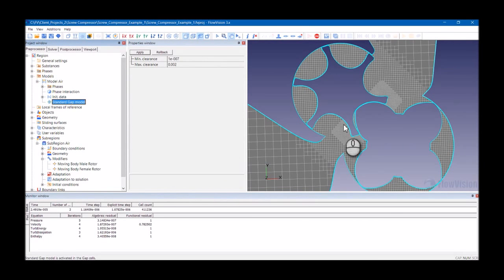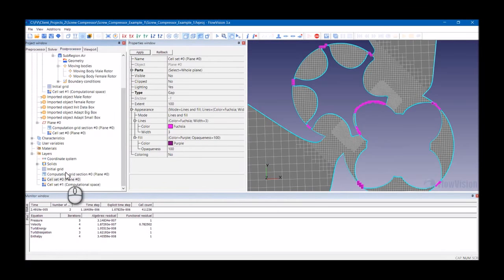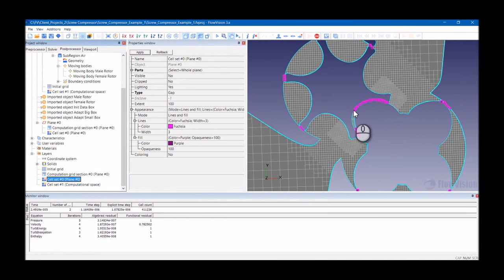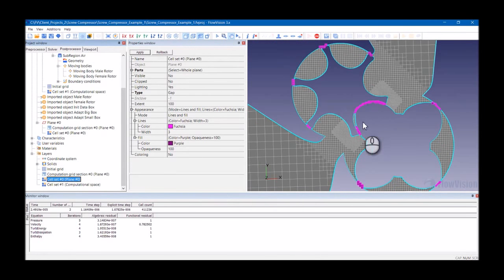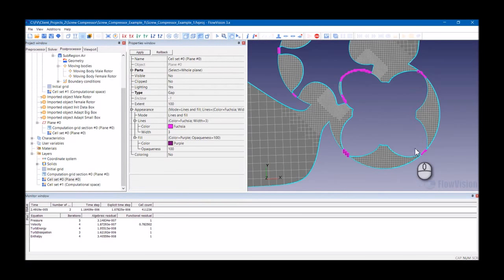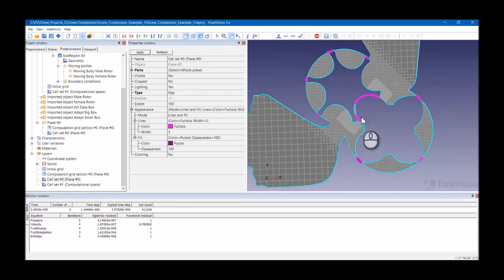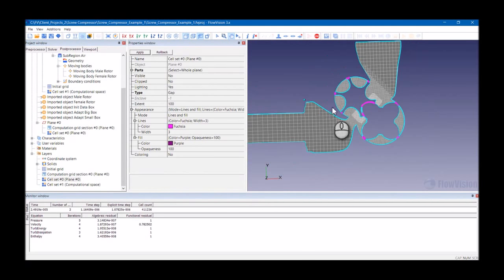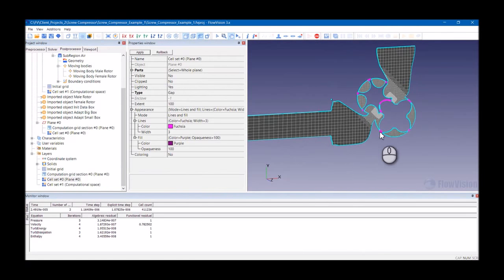When the clearance is between those thresholds, FlowVision automatically says, okay, this is a gap cell, so I'm going to activate the gap model, and these are the cells for this time step, the gap cells that are used. So let's have a look at the cell set number 1, which is the cell set of gap cells